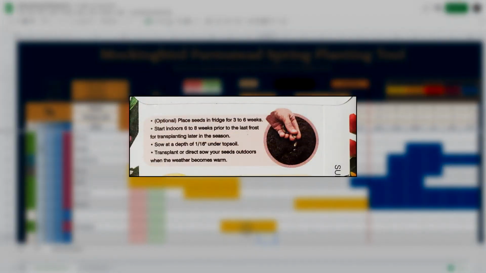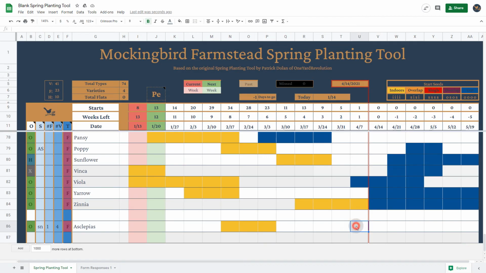The packet says to plant out after the weather becomes warm, and I'll take that to mean safely after the last frost. So I'll head to 2 weeks after last frost, or -2 in the weeks left row. I'll check the start seeds color code for planting out, and it looks like that's 4 O's or OOOO. So there we go. And a trick is that you can take that cell, grab it by the small square,